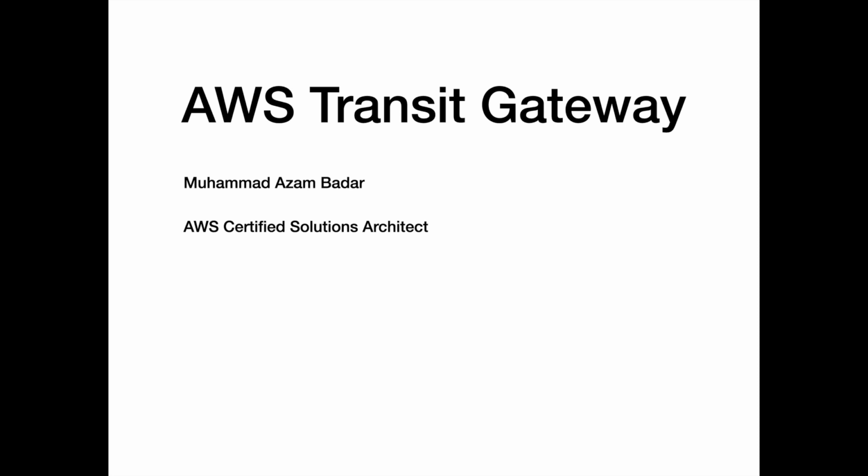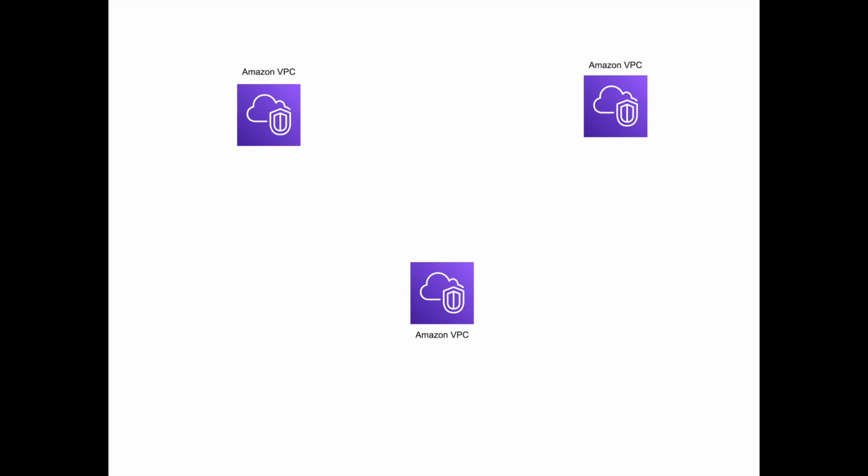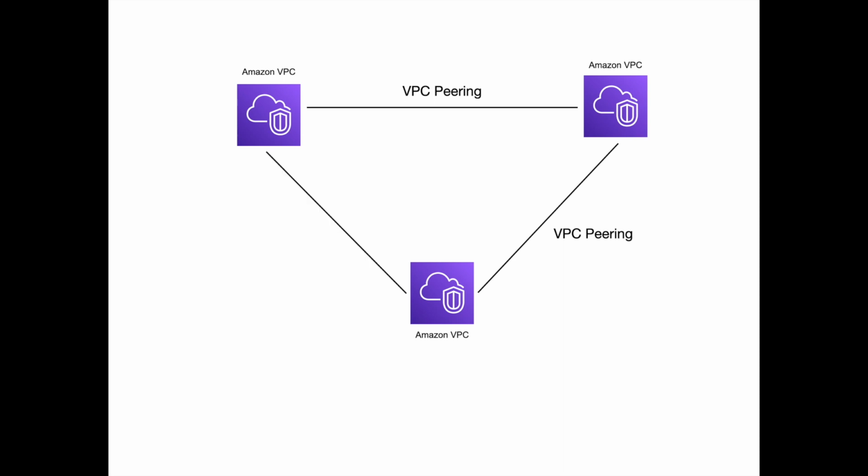This video has two parts. The first one is the concept part, followed by a demo. I'll give you a simple scenario. You have three VPCs, your network is growing, and you have a requirement to connect these VPCs so they can communicate together. One thing you can use is VPC peering, but this peering connection is a one-to-one connection, and you have to manage lots of different networking components to make this work. This would be very difficult for you to monitor, and very complicated over time.